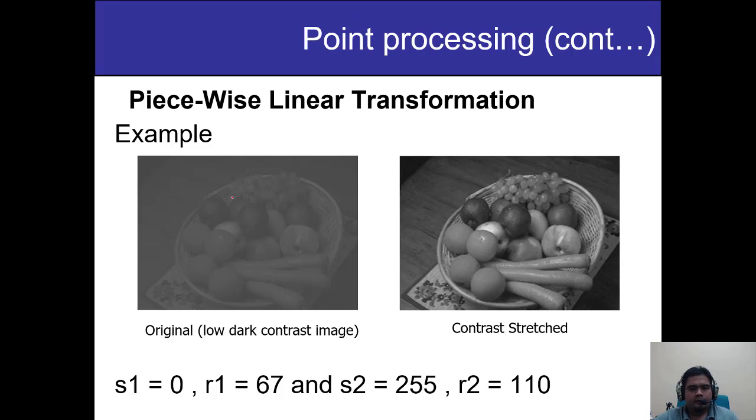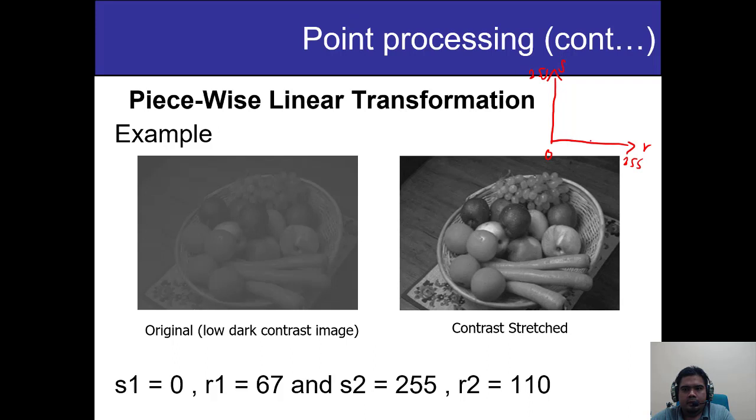Okay, this one if not draw, but if you draw the transformation function, it might be something like this. Again, because we are processing the default image in computer, the resolution is 8-bit per pixel. So you have from 0 to 255, which is your R. This one is 255, which is your S. And then you have the point where R is 0, S is 67, around here.